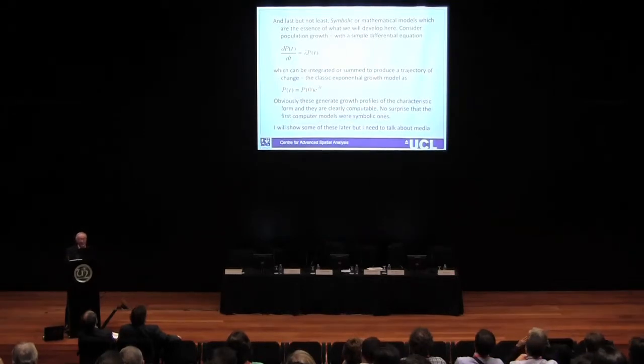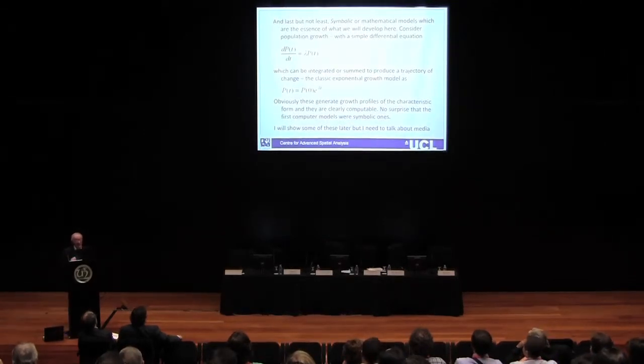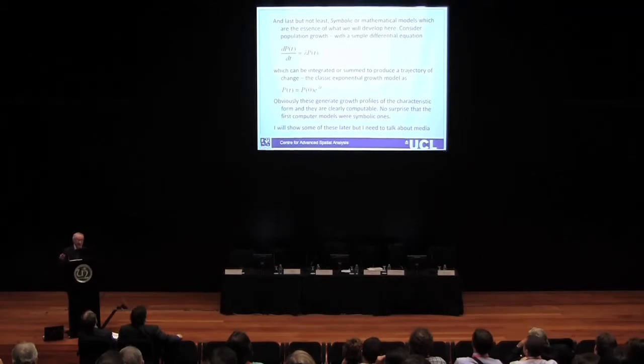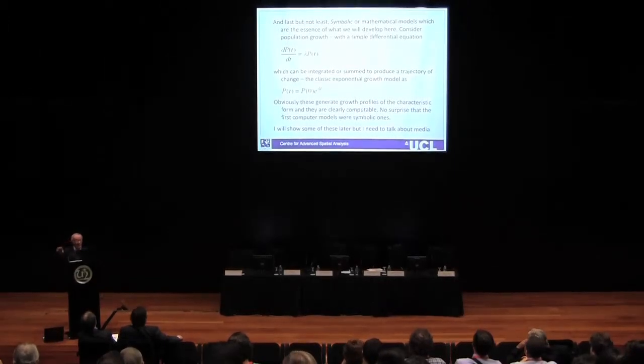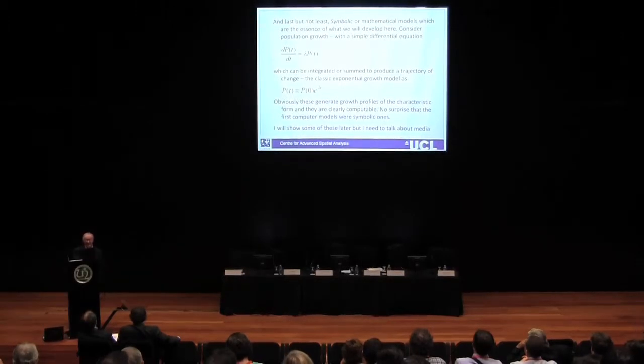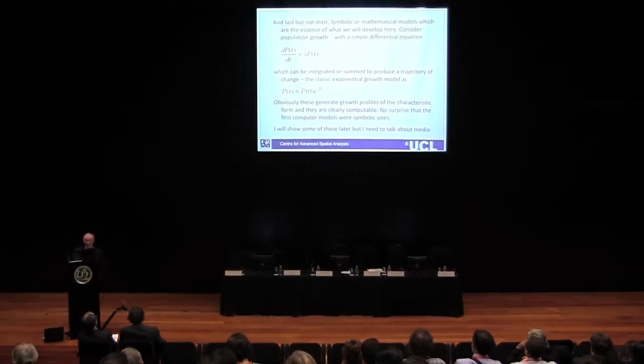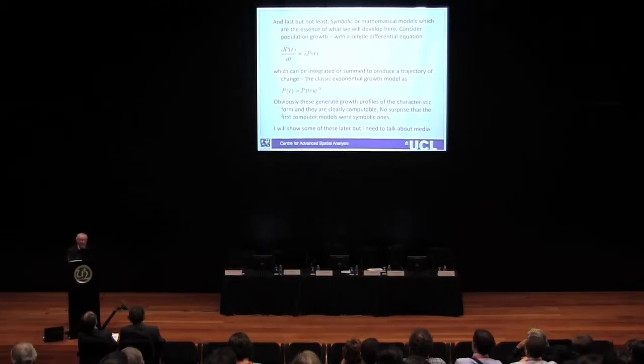So that's a growth rate. And what it leads to, if the growth rate is positive, is classic exponential growth. And there are many models in our field. For example, Forrester's urban dynamics model, the whole systems dynamics movement, in some sense, is based on the idea of these simple differential equations that lead to growth or decline, or in fact, logistic growth, S-shaped growth, if you put some capacity constraint. Now, these are computable models in the sense that once we've fitted the model to a particular